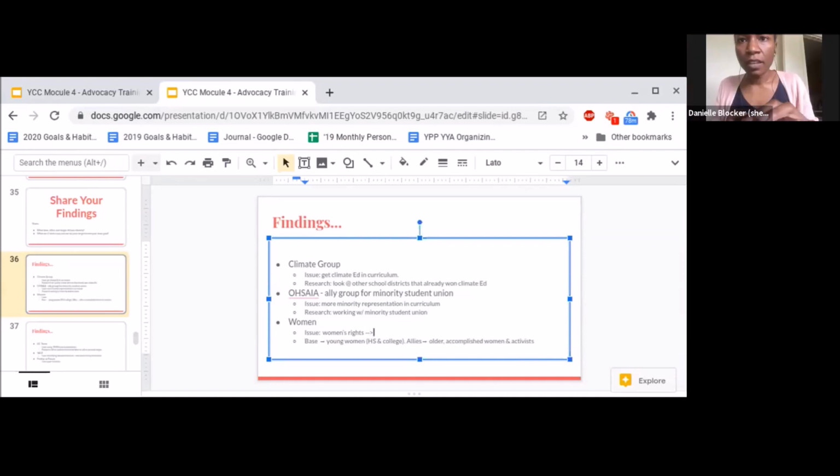Okay. Nice. One thing I might recommend on that issue is seeing how you can make sure that you have a clear target and a clear way to measure if you've won it or not. But very good. Women's rights and adding some detail to that. And then two tactics. Okay, so